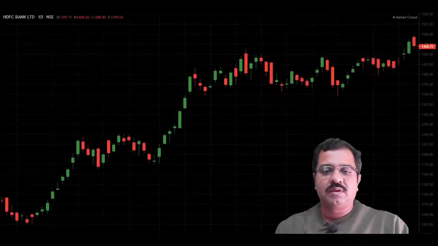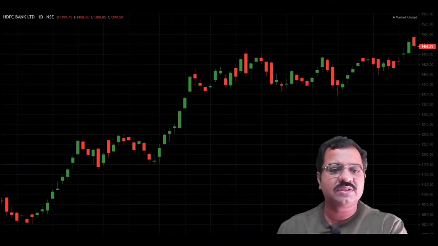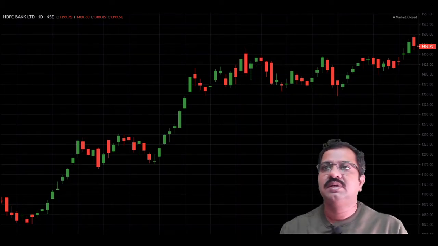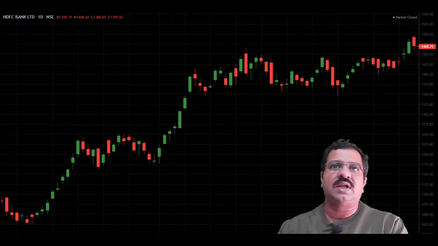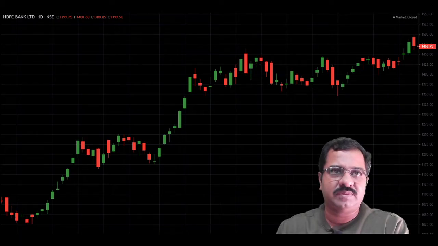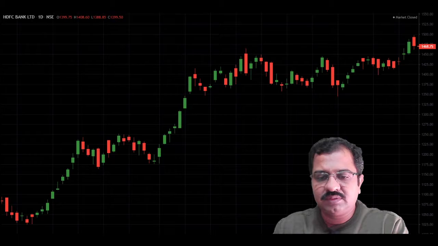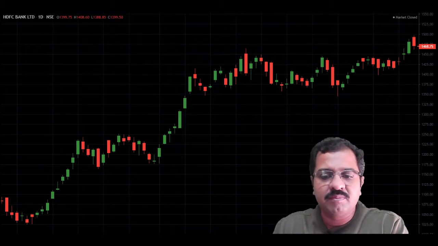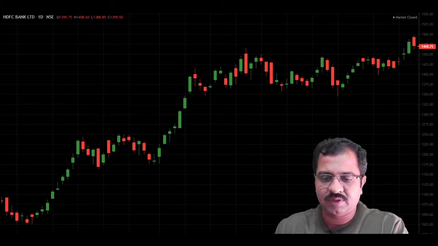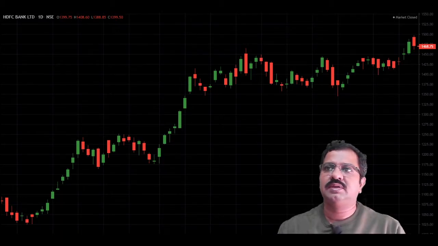Okay, I will directly take you to the charts so that I can show you the patterns which are created by 1, 2 or 3 candlesticks. Well, this is chart of HDFC, and we'll start going through patterns one by one. First pattern we'll see is bullish engulfing. So what is bullish engulfing?